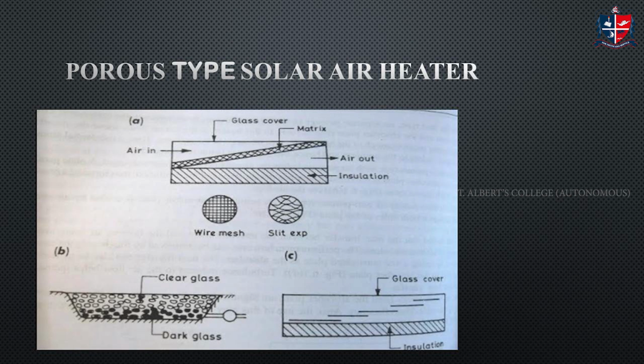The solar radiation is first transmitted through the glass cover, and then gets exposed through each of these layers. It can penetrate through each of these layers because these are all glass plates. Wherever there is overlapping, it acts as an absorber plate. And finally, you take out the air through here. There is insulation also at the bottom, and then there is a casing. So these are the three types of porous type absorbers.